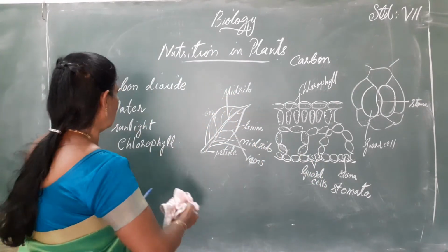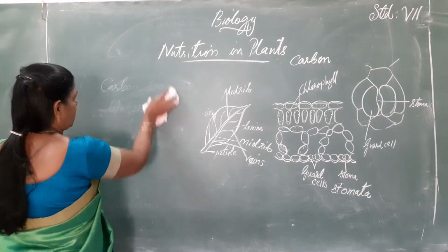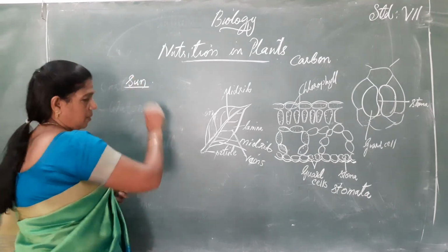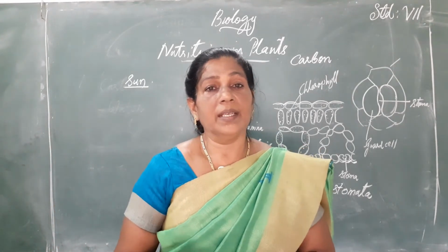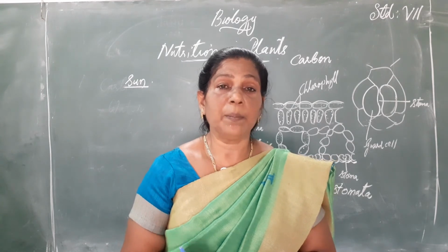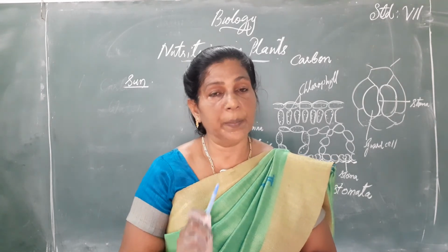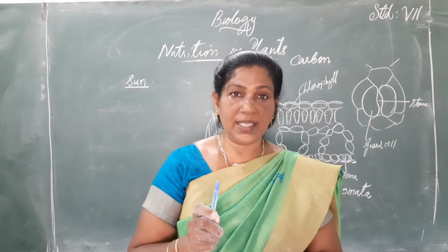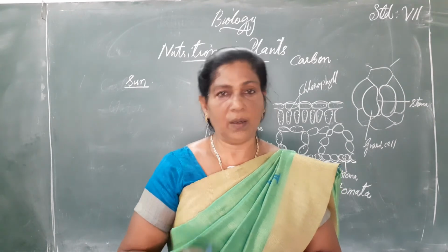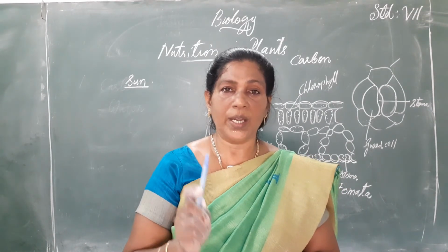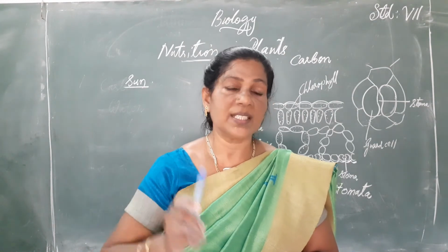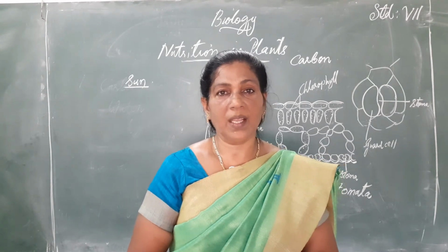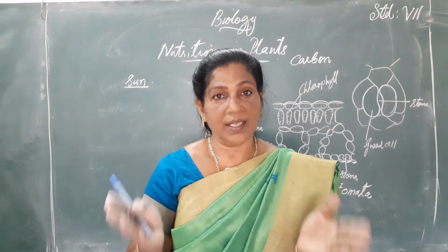Children, you know, what is the role of the sun? The green plants are capable of preparing food with the help of water, solar energy, carbon dioxide, and chlorophyll. Chlorophyll is already present in the green plants. Carbon dioxide is available from the atmosphere. Water is available to the plants from the soil. Then, what is the role of solar energy?